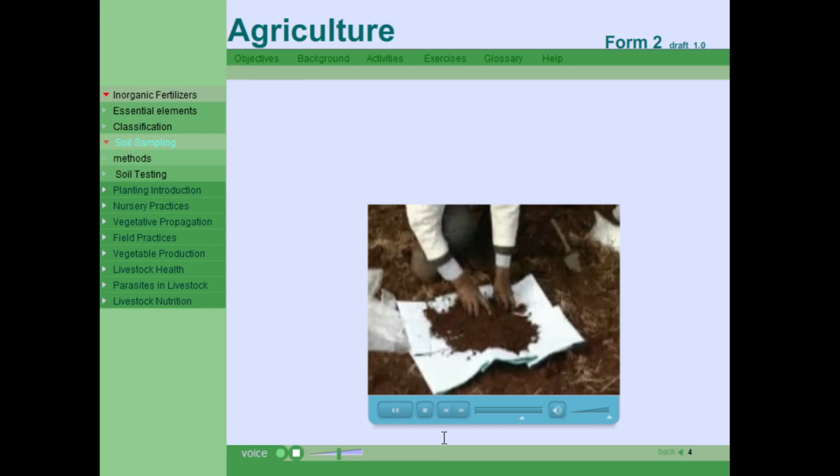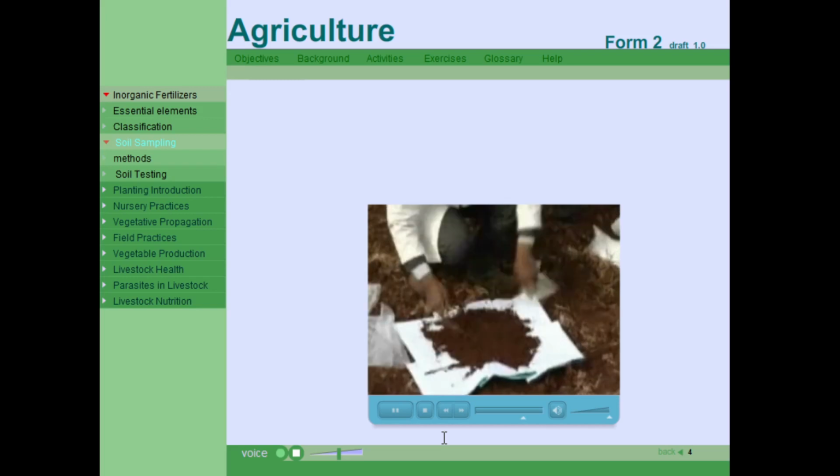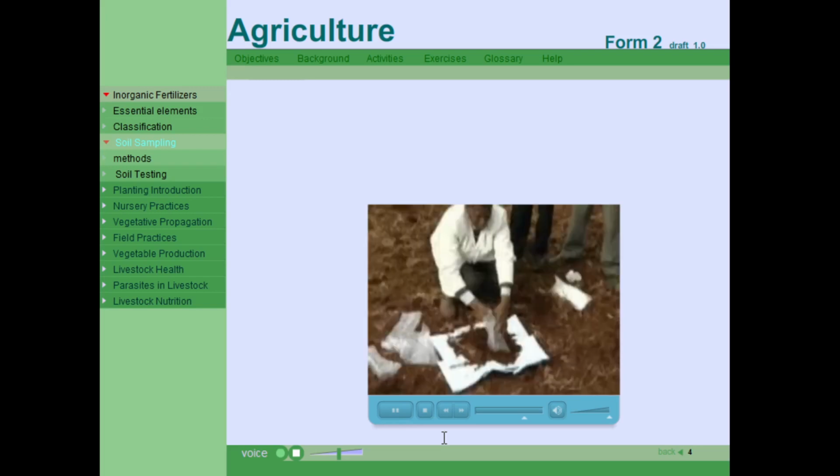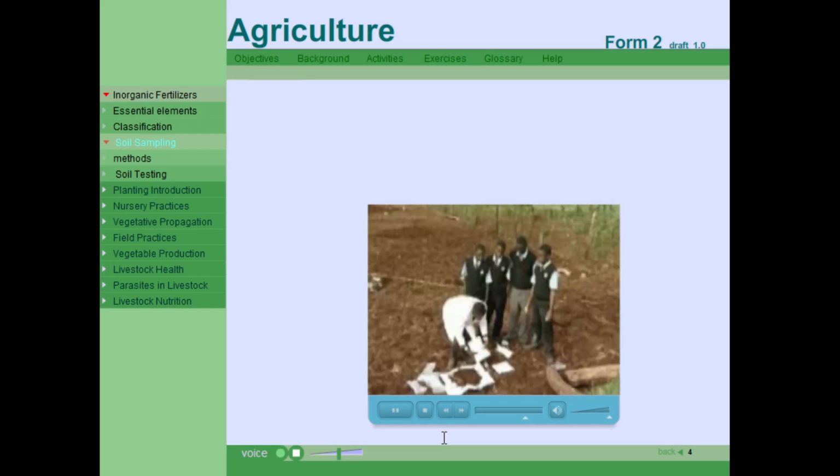A sub-sample, also called the composite sample. This is the sample that we shall be sending to the lab. We shall pack it nicely in our envelope, and on the envelope we shall